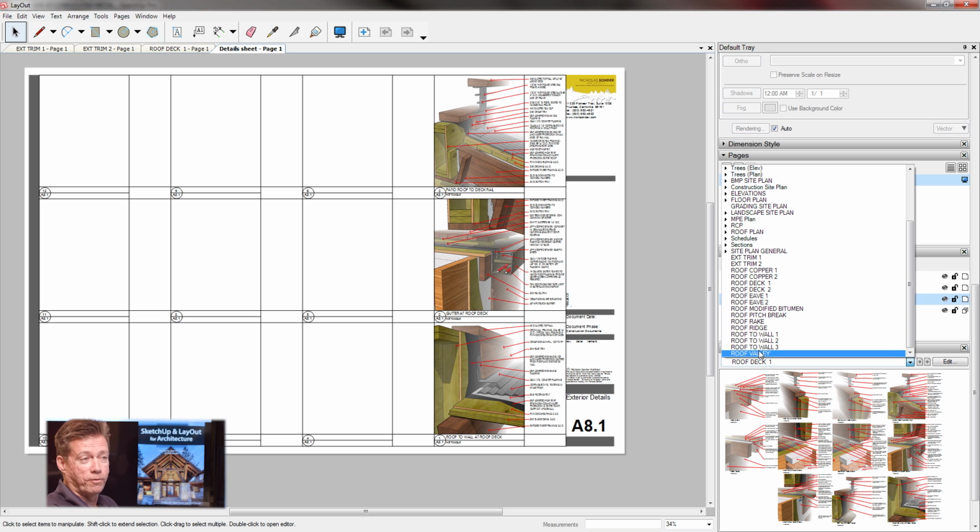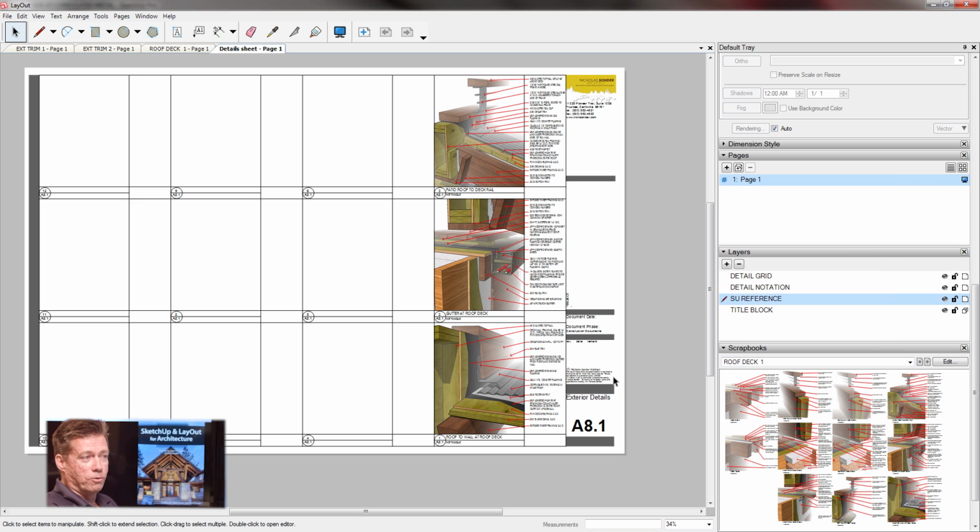Now this is specifically only related to roofing details. I have lots of other scrapbooks that I also use. It's also one of the reasons that I typically do one layout file per detail sheet, so that I know I'm working on a specific group of details, because I like to keep them together. So for instance, in this case, I'd want to keep all the roof deck details somewhat related to any other roof decks that I might have, and this house actually has a couple. The other thing I would do is have another one that might be exterior windows, exterior doors,